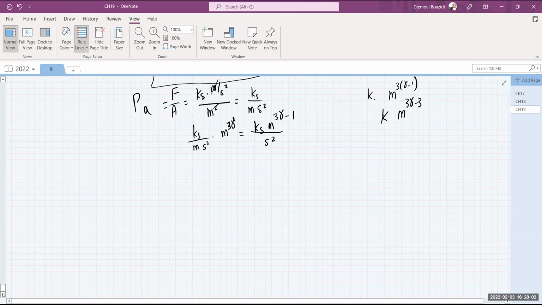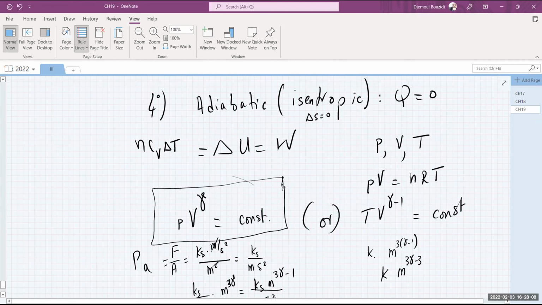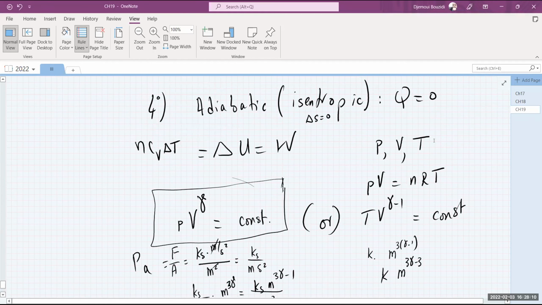So there is another relationship I mentioned it briefly, but that relates P and T, okay? And it's a little bit convoluted, a little bit involving gamma and the exponents and things like that. Take any of these two. If you're trying to write PT out of this one, use this expression to eliminate V off of it. V is clearly nRT over P, and plug it into this expression, and you'll have that expression, P and T, how they are related. Or use this expression and get rid of V also in favor of P and T, and plug in here, and you're going to get that relationship that you're looking for.